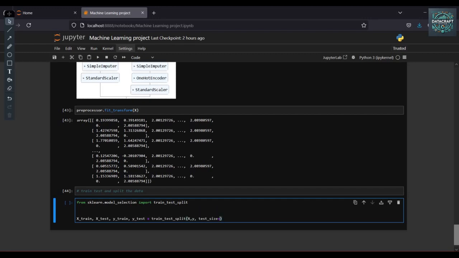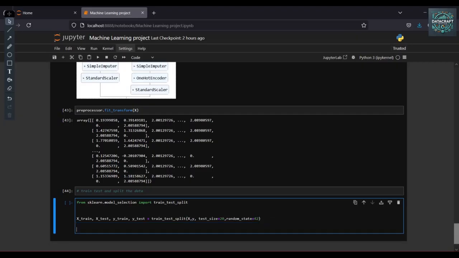Test size is 0.2 because my data set is small, so I am going to give only 20 percent, but if you have a bigger data set, you can give 30. So the 20 percent, random state is 42.